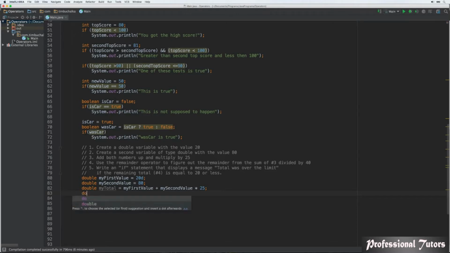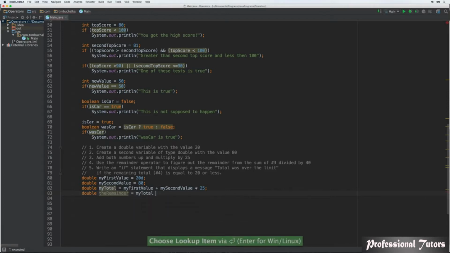So what we need to do is just try and go through this step by step. So what we'll do is we'll actually do some outputting here. On this first line here, I'm just going to put an output, and we'll put my total equals and my total. So we're just going to display that to the screen. So you'd think in theory, my first value plus my second value, so that's 100 times 25 should be 2,500. So if we run that,